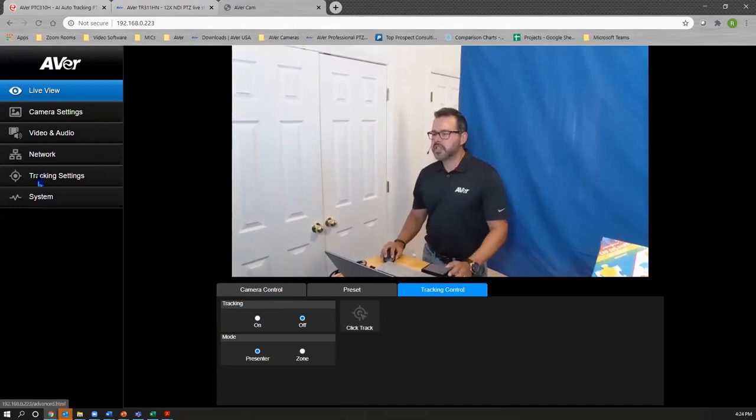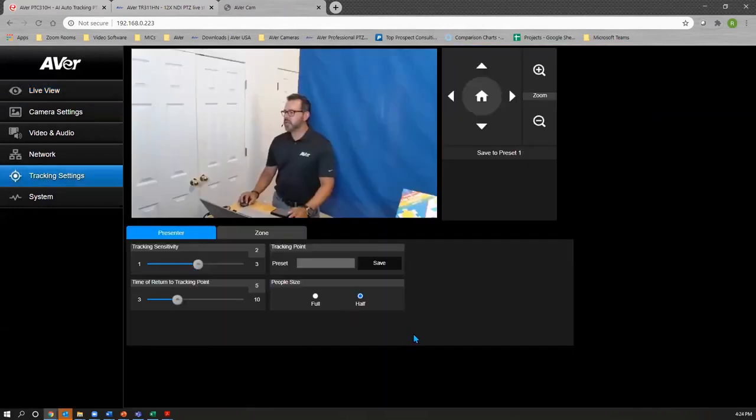But as far as the configuration, I'll just breeze over this. Again, we have the presenter mode and the zone mode. There's a setting for if the camera is following me around and I walk out of the room, the camera sits there. That's the return to tracking point, measured in seconds. After 5 seconds, if it doesn't sense me walk back in or someone else walk in, it will return to preset number 1